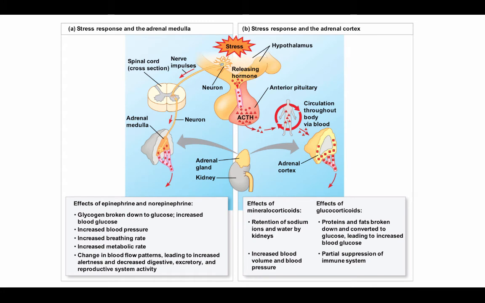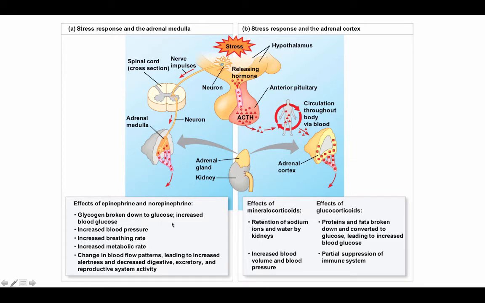So let's take a look at the big picture of the coordination between the nervous system and endocrine system in these adrenal glands. So remember that the adrenal medulla is more closely aligned with the nervous system. It's derived from nervous tissue. So this is going to be under the control of the sympathetic nervous system. So coming from the central nervous system, there's going to be a neuronal pathway that's going to lead directly into the adrenal medulla to activate those epinephrine and norepinephrine release, leading to glycogen being broken down into glucose,